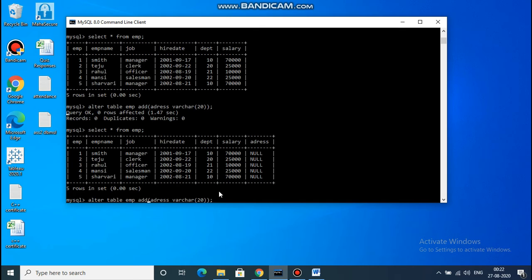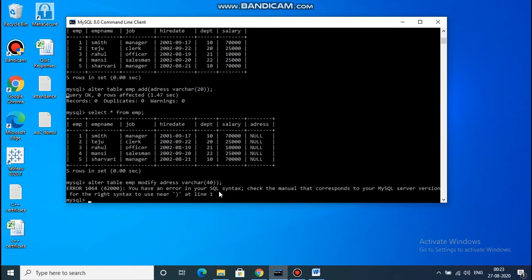Alter table EMP, then we have to use modify address varchar is equal to 40. Error is there.